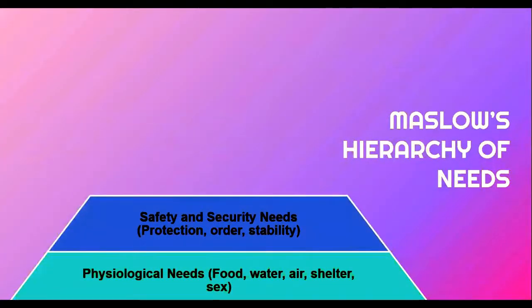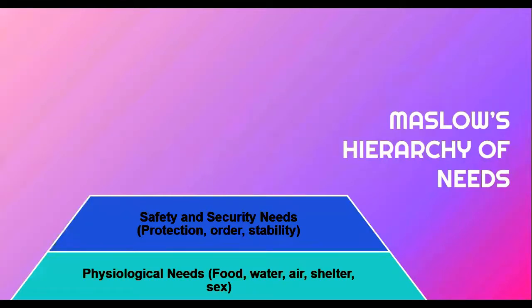After the physiological needs have been satisfied, safety and security needs become the driving force behind an individual's behavior. These needs are concerned not only with physical safety, but also with order, stability, routine, familiarity, and control over one's life and environment. For example, health and the availability of healthcare are important safety concerns. Savings accounts, insurance policies, education, vocational trainings are all means by which individuals satisfy the need for security.